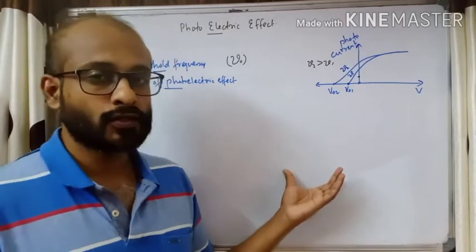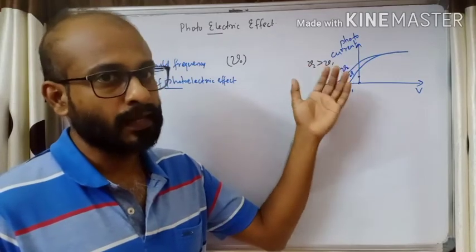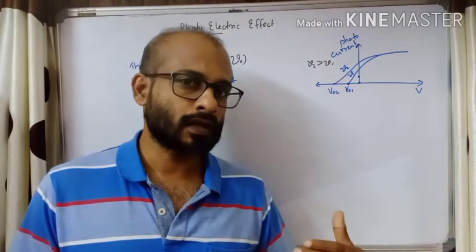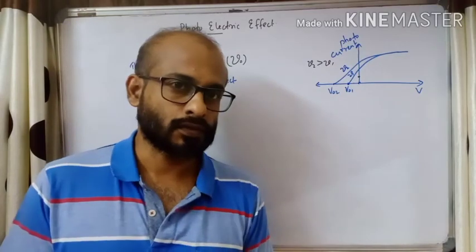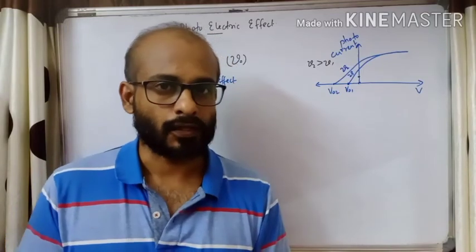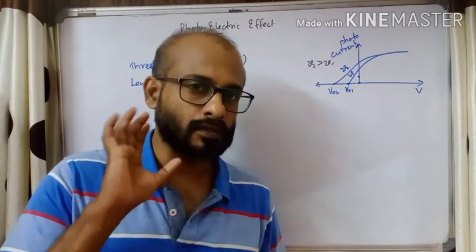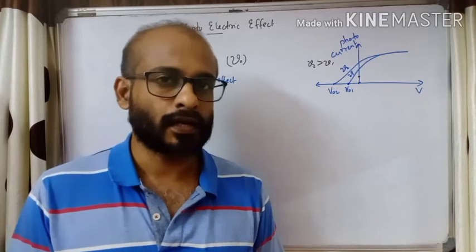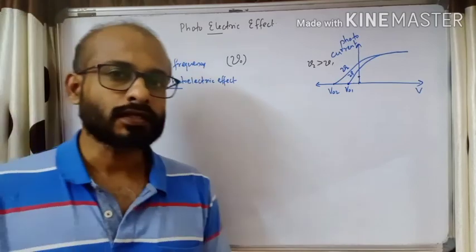Third one, the kinetic energy of electrons emitted. It is found to increase with the increase in frequency of light, but it is independent of the intensity of radiation. When we increase the frequency of incident radiation, there will definitely be more kinetic energy of the electrons, but it does not depend on the intensity of incident radiation. Then, it's an instantaneous process. Immediately when light falls on the metal surface, an electron will be released from the surface. There's no time lag between incidence of radiation and emission of photoelectrons. So these are the laws of photoelectric effect.